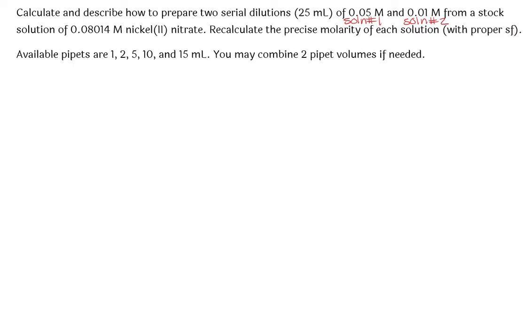The solution that we're dealing with is nickel(II) nitrate. So we'll just go ahead and write that down so we know what the chemical formula is. Because all of these calculations involve dilution, there are no grams anywhere. We don't need a molar mass, but it is helpful, I think, just to see the chemical formula. After all, this is a chemistry class and this is a chemistry calculation.